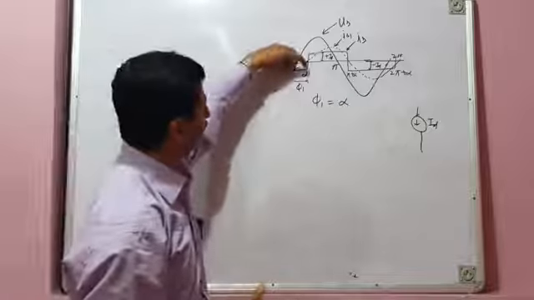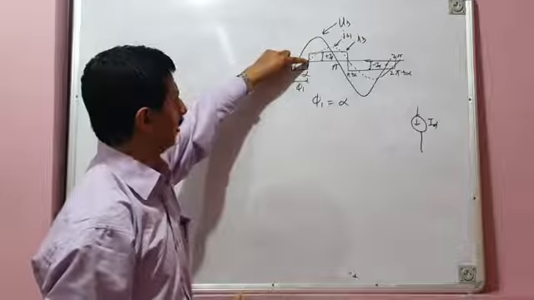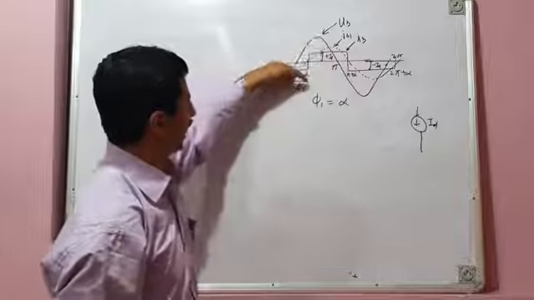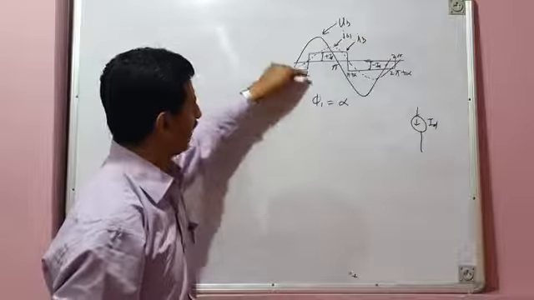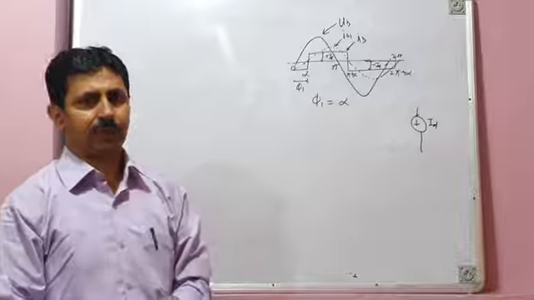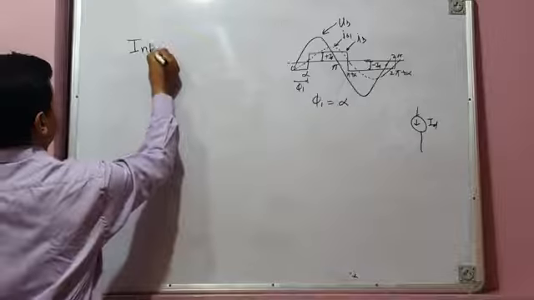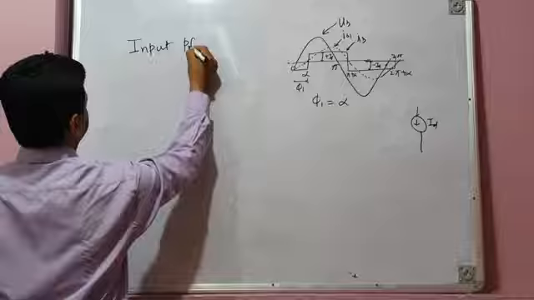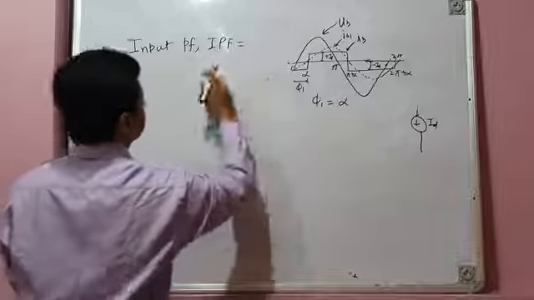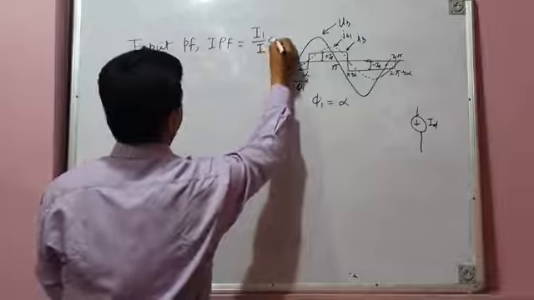Here, phi1 is same as alpha. This is alpha. First firing occurs here. So this is phi1. Phi1 is the phase angle by which the fundamental component of source current IS1 lags behind the voltage, and phi1 is exactly equal to delay angle or firing angle alpha. So phi1 is equal to alpha. Now what is input power factor? I am interested in finding input power factor, IPF. If you remember, we have already derived the expression for input power factor. This is I1 by I into cos phi1.